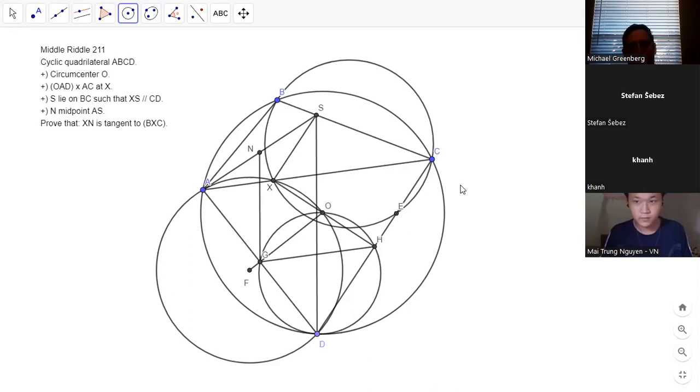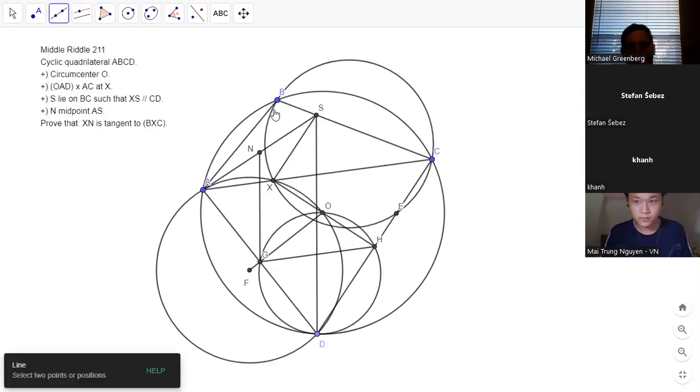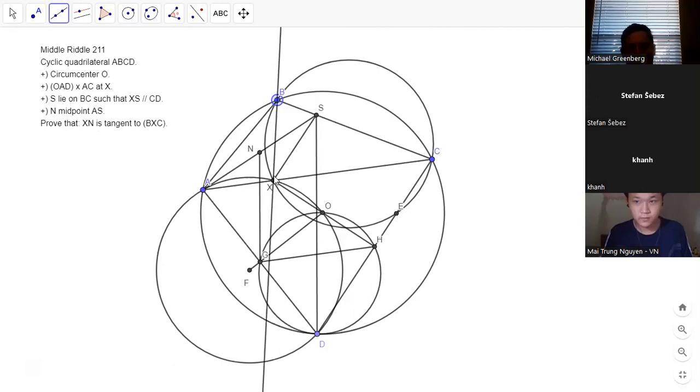I think that's going to be kind of hard to do because this angle is not this angle. And if I draw this and this,